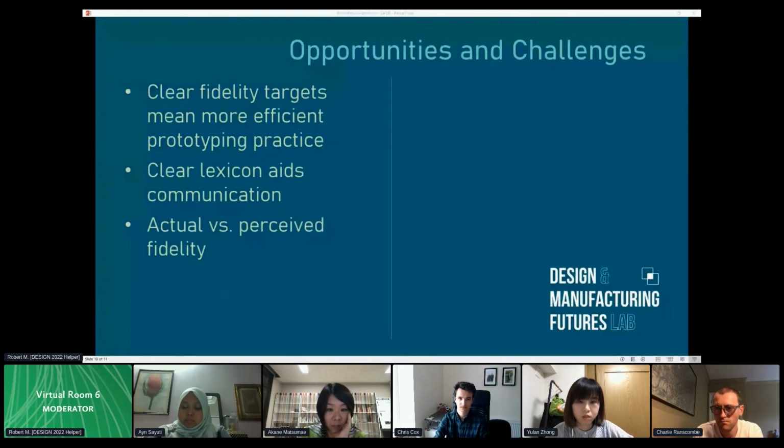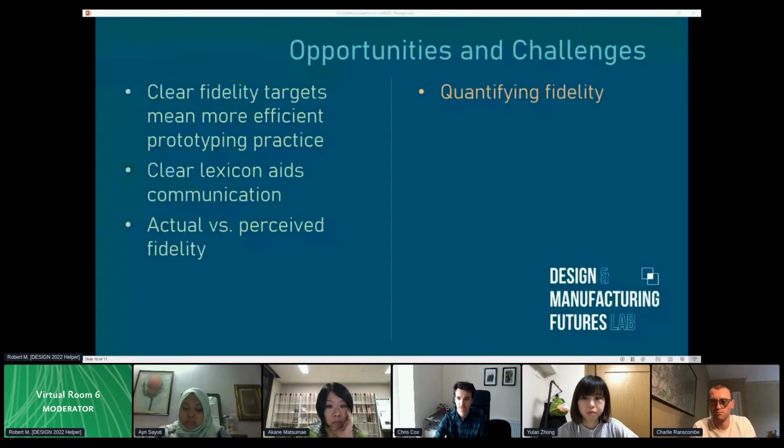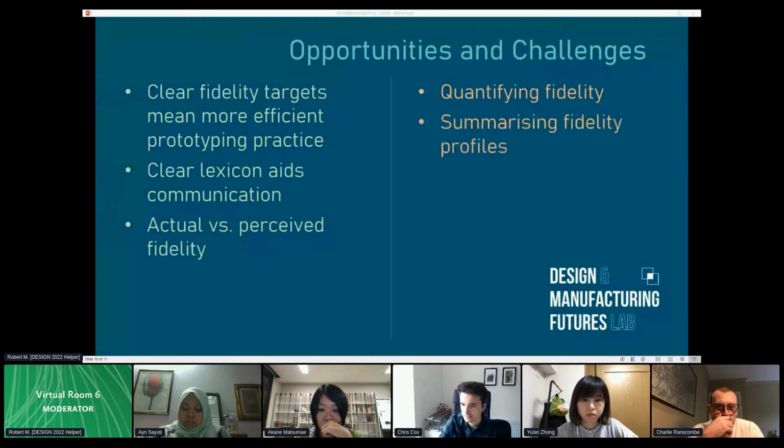Some of the key challenges that face this research include quantifying the fidelity within each of these dimensions. While it is valuable to identify the different dimensions of fidelity themselves, it will be necessary to clarify what high and low fidelity actually mean within each dimension. Another challenge will be creating an easily digestible way of presenting the overall fidelity level of a mixed reality prototype. One solution to this could be to use radar plots to create a fidelity map of sorts, though further work is required to test this.